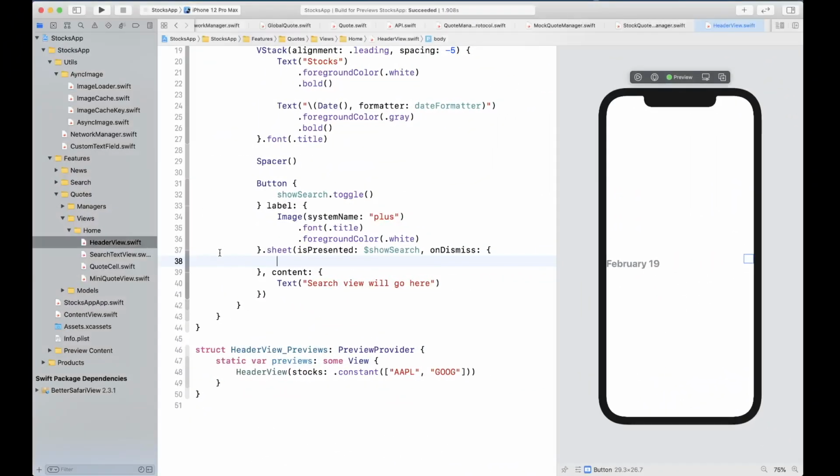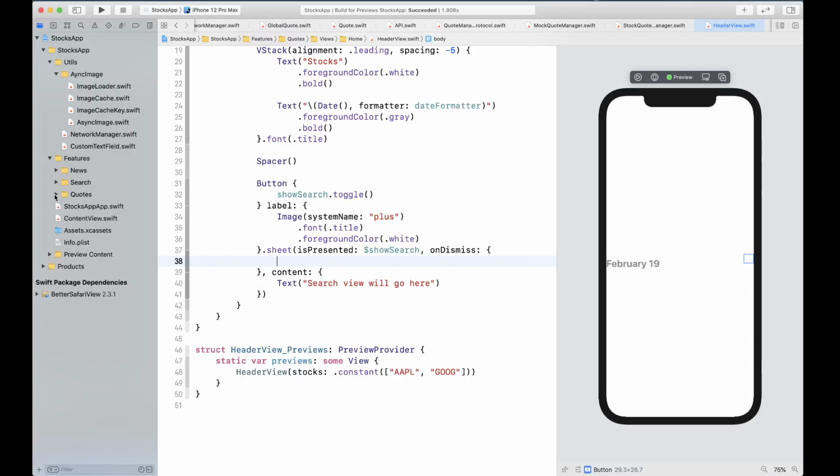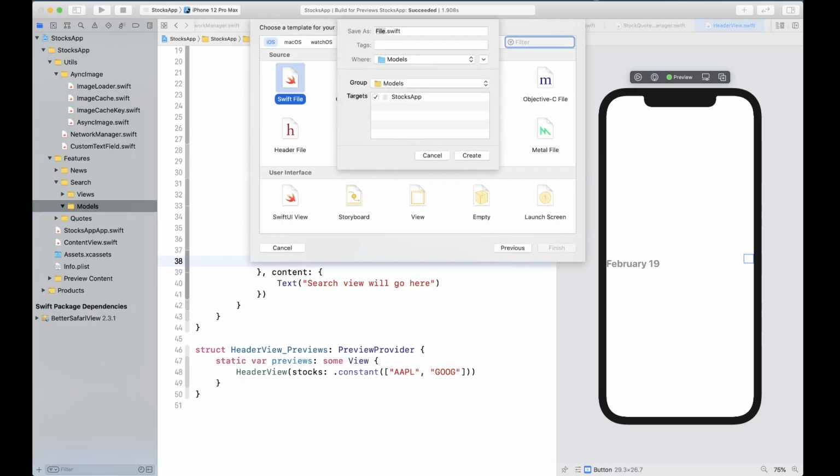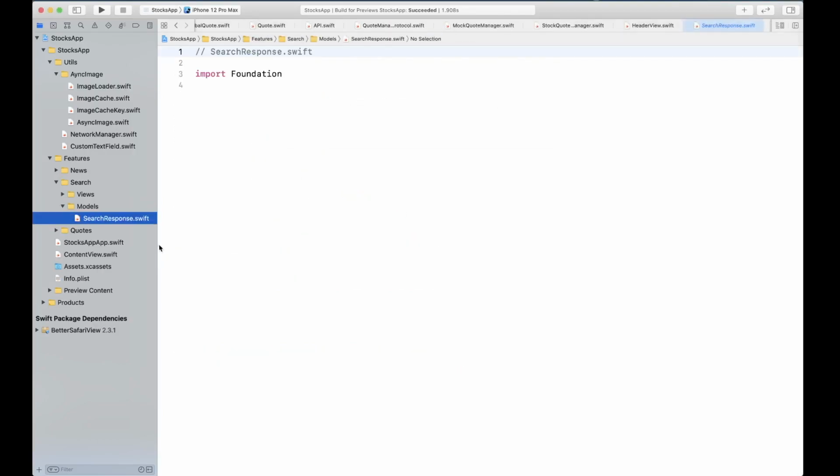All right, so let's get our search set up. So I'm going to collapse quotes and open search, and for the models we don't have anything, so let's go ahead and create a new file here. First one is going to be search response, so we're going to create search response, and import from foundation is fine.